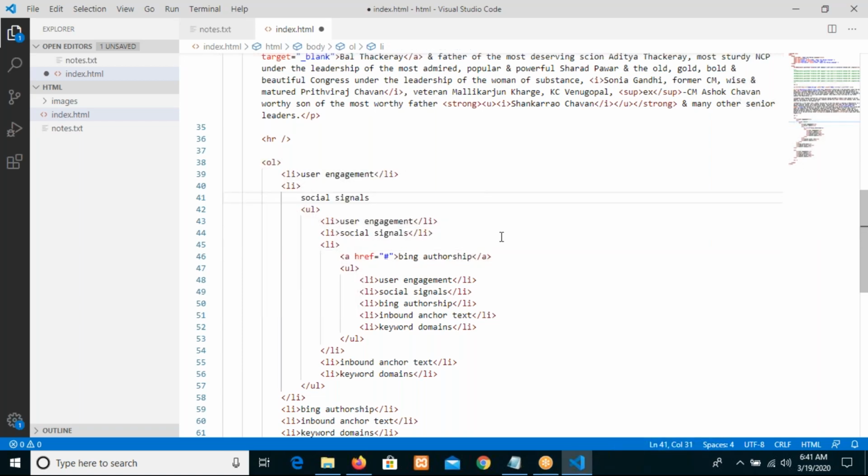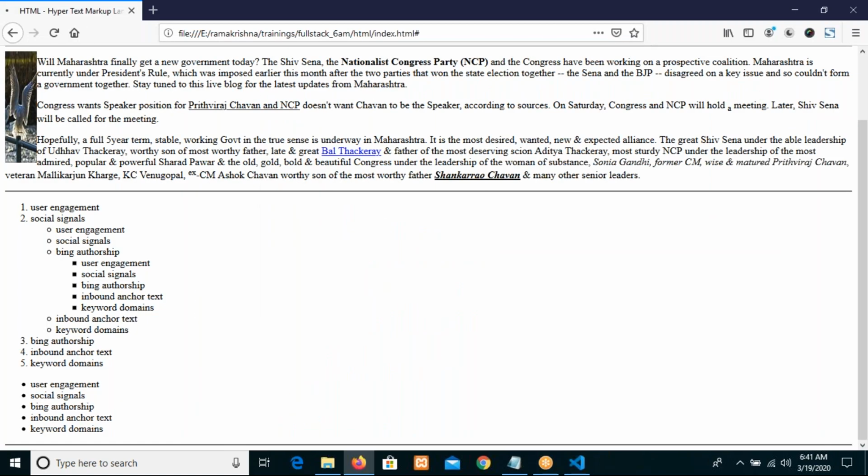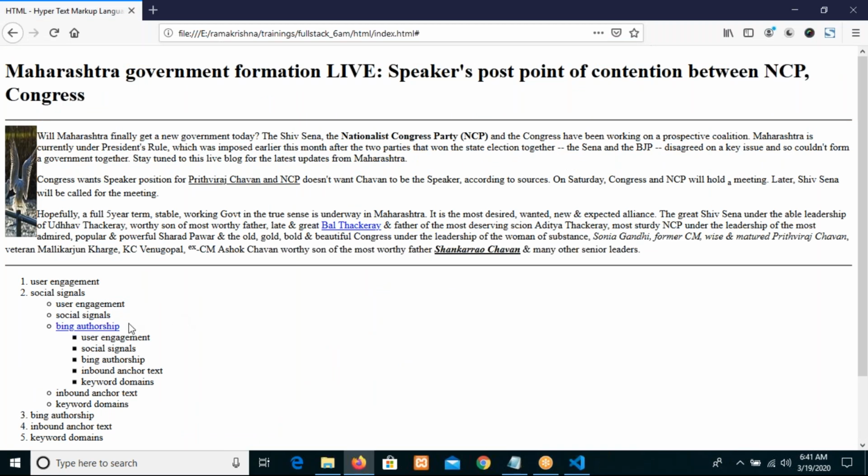Even it can be, okay, so let us see here right now, an anchor element. A list item can also become an anchor element. And